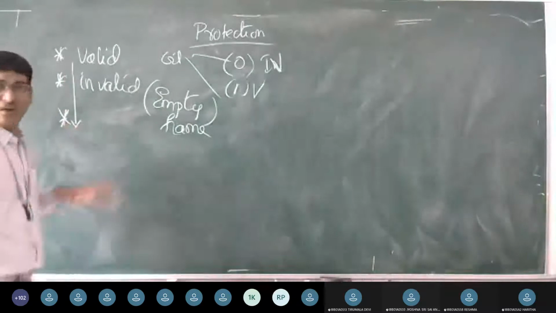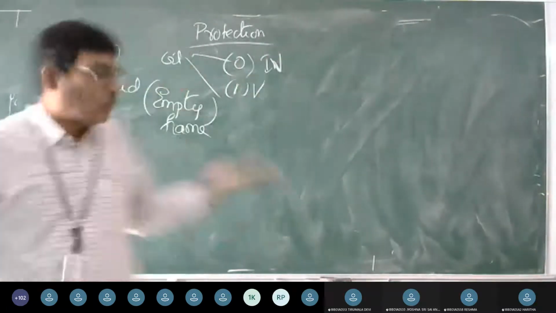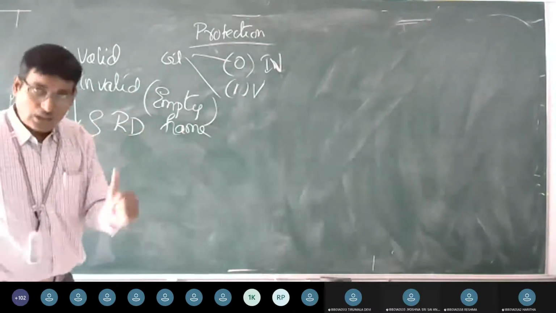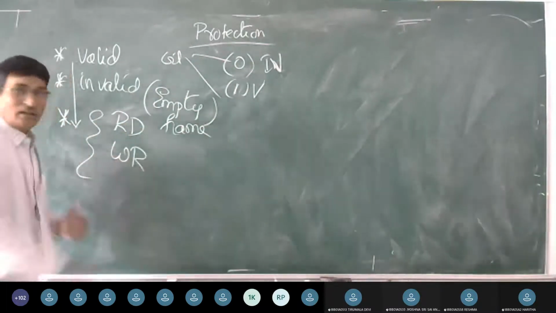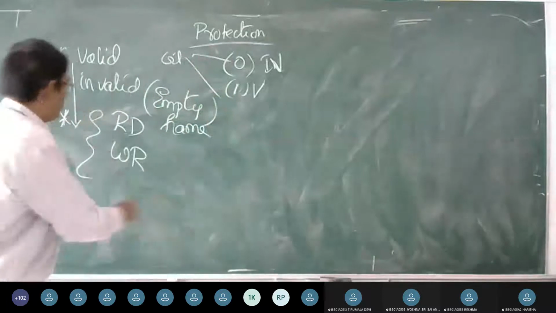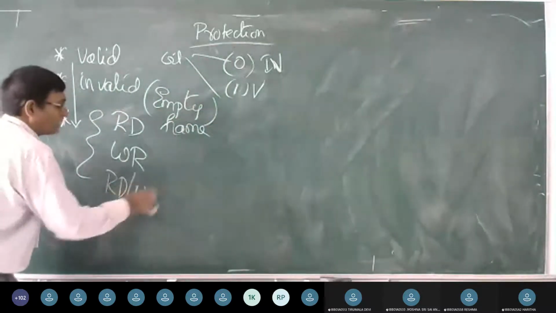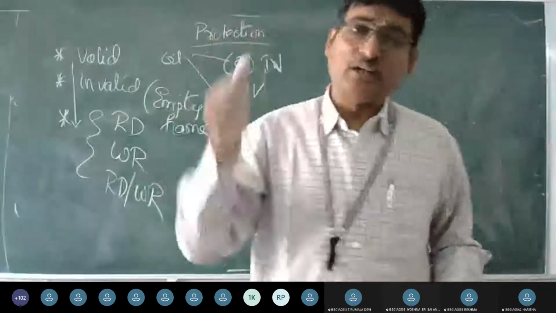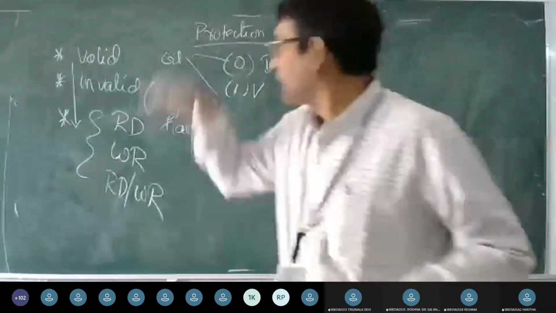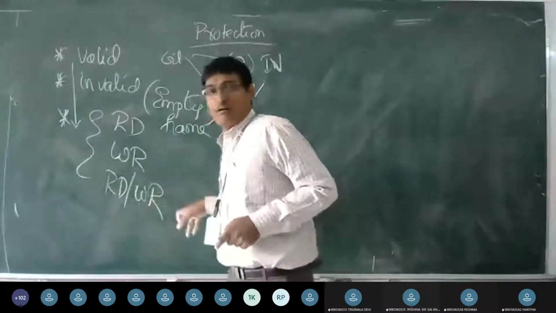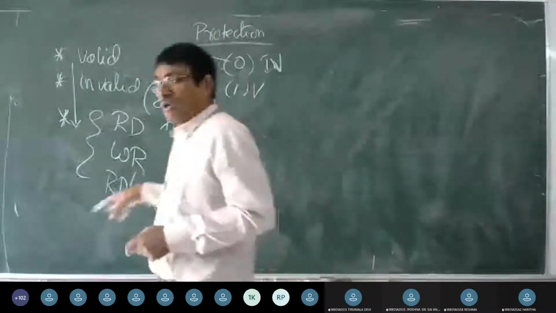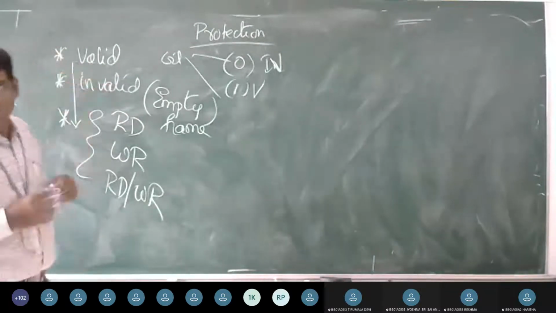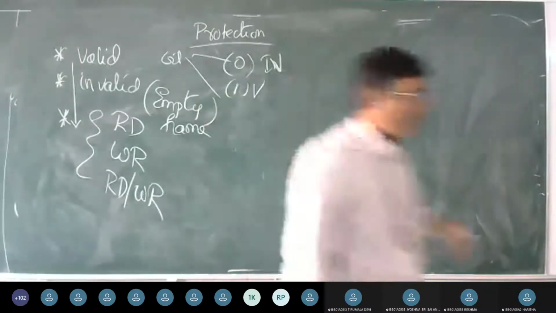Okay, I'm going to have a valid part. What should I do? What operations can I do? You can do either a read operation or a write operation. We can make some read operation or some write operation. We can do exclusively read, exclusively write, or make some read or write operations. In this way, we are going to use the context of valid bits and the context of invalid bits.